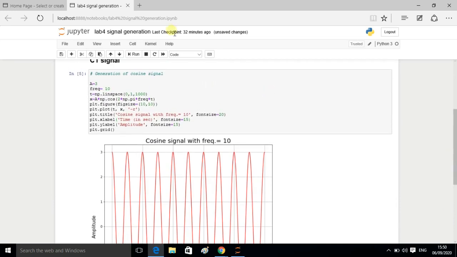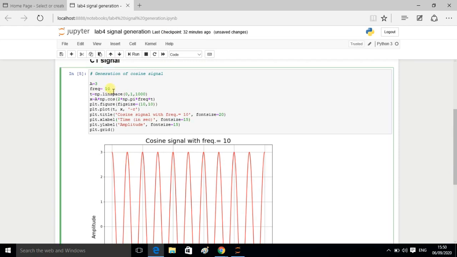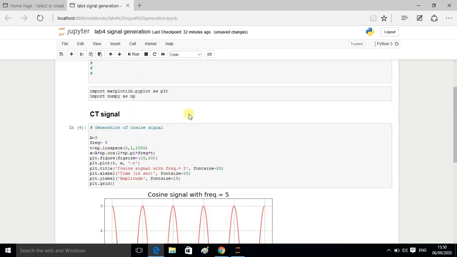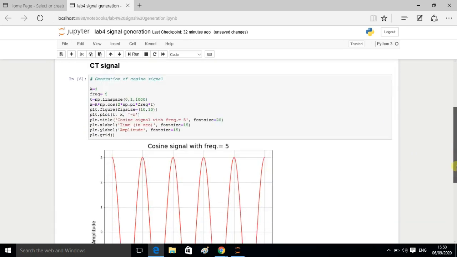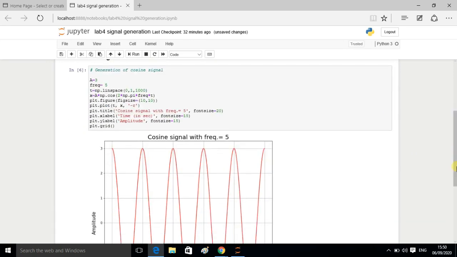So I can change the frequency to 5, that will give a good picture, so let me modify it. Okay, 5. See, still working. Okay, like this we can change the frequency, the amplitude, and